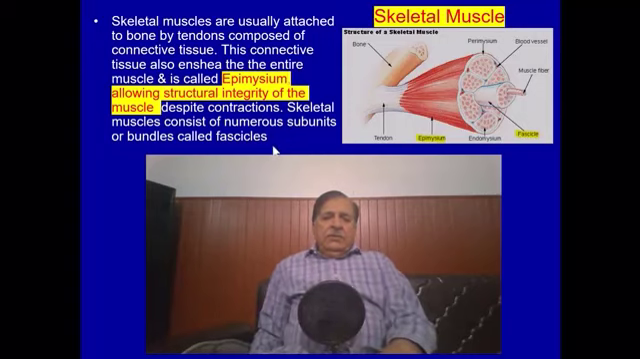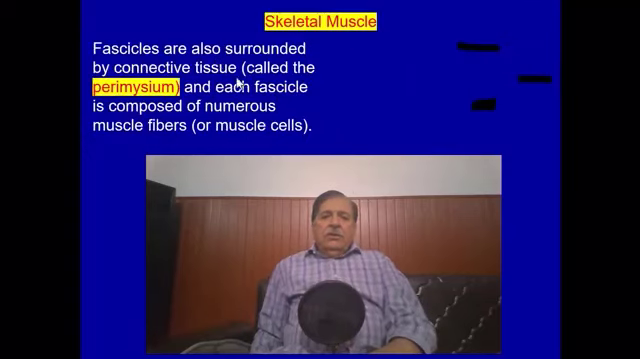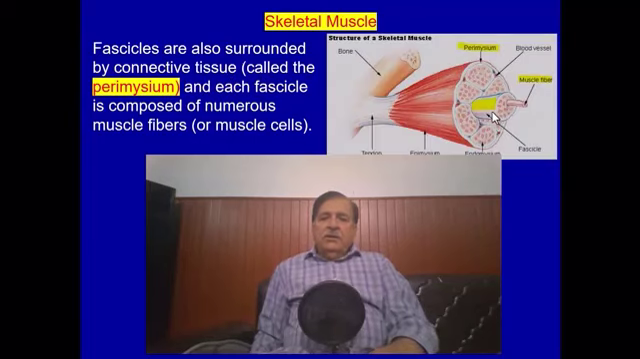Skeletal muscle consists of numerous units or bundles called fascicles. This belly consists of multiple bundles inside the epimysium, and one of these bundles is called a fascicle. Fascicles are also surrounded by connective tissue called the perimysium. Inside this fascicle there are also fibers or bundles, so it is covered by connective tissue called perimysium, and each fascicle is composed of numerous